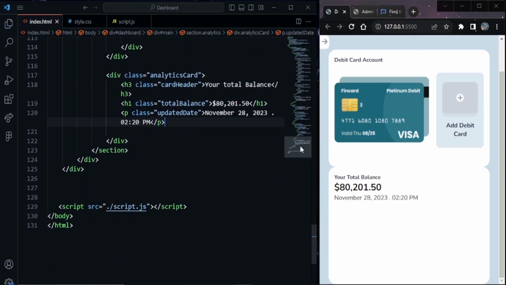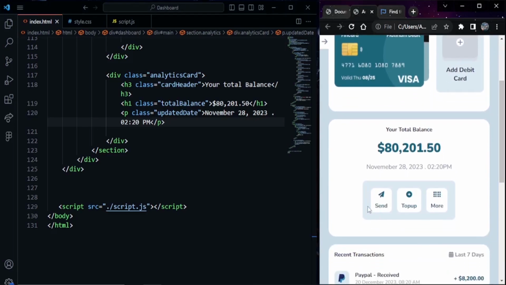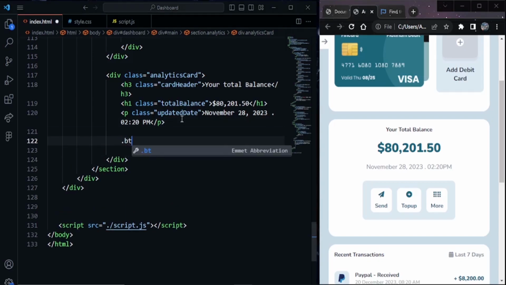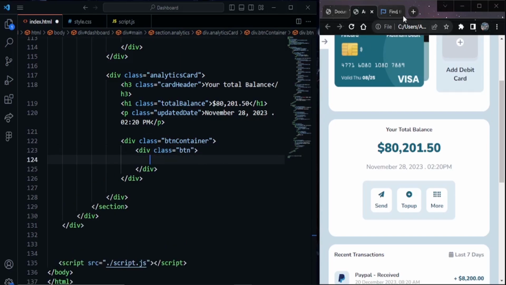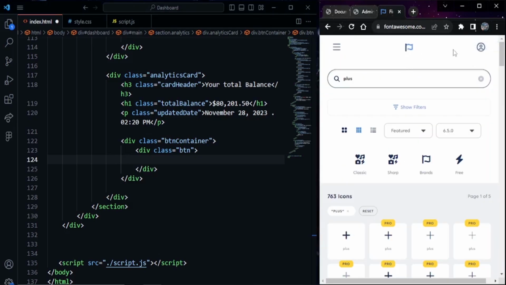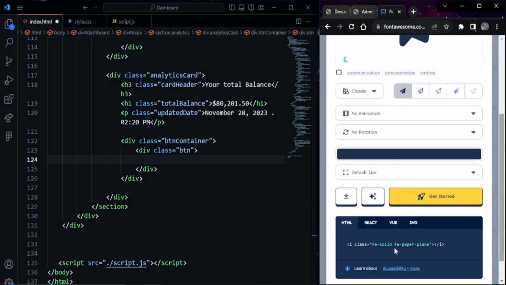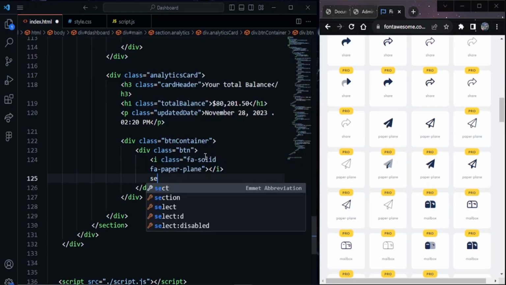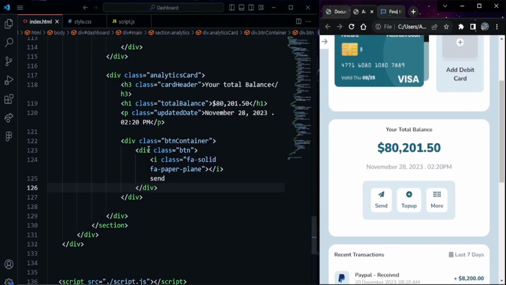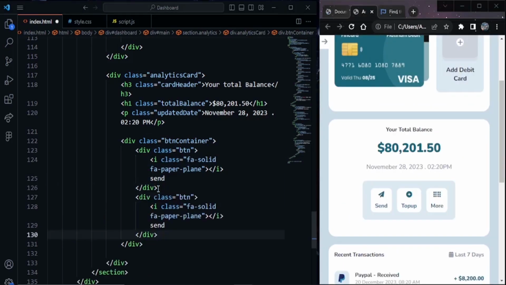Okay, the last one is we're gonna create these 3 buttons in a row, and this is very simple. Just create the button container element over here, and inside that each button, so inside each button we're gonna add icons. I'm gonna search for send icon, copy, and paste. Under this icon I'm gonna write send text,